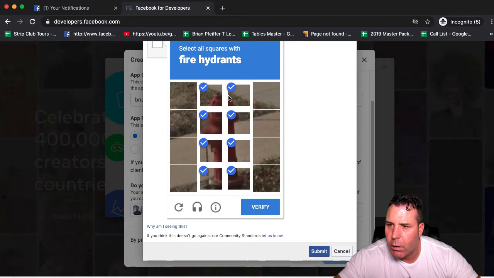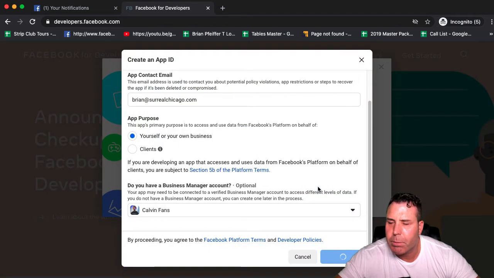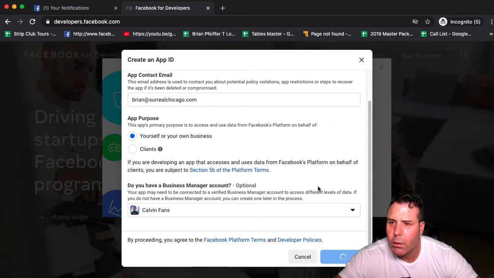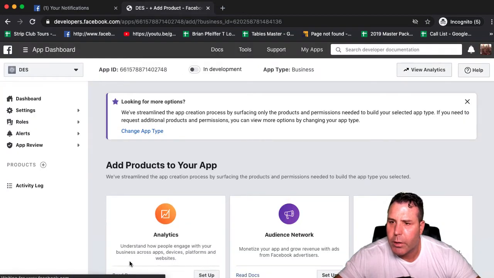Play a little game, verify, see if it works. Submit. And provided this works here, we got an app ID. Okay. Now once we have an app ID, we can go on to the next step. All right, the next step is going to be